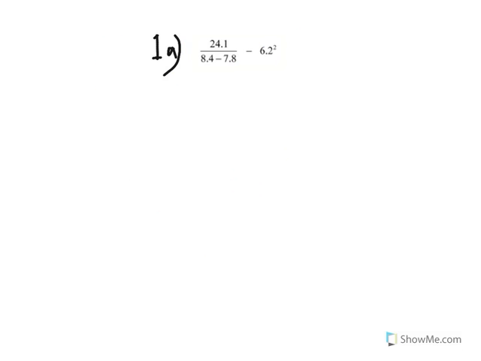Alright, so question 1A, this is just a calculator question. Really simple, there's nothing to explain, just put it all in your calculator and make sure you put these in brackets and this in brackets, so you do those before. So you first do the division, then you do 24.1 over that, then you take that answer and subtract 6.2 squared. Just put that on your calculator and remember to add the brackets where I told you to, and you're going to get an answer of